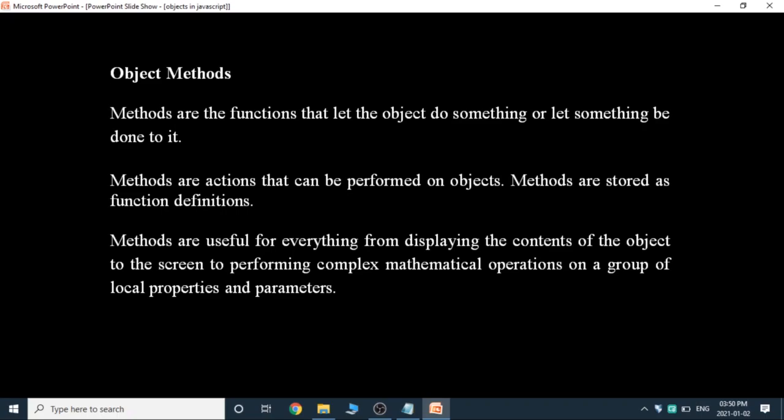Methods are stored as function definitions. Methods are useful for everything from displaying the contents of the object to the screen to performing complex mathematical operations on a group of local properties and parameters.